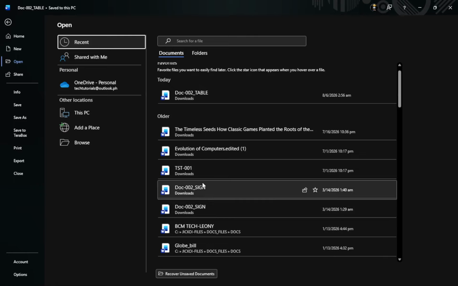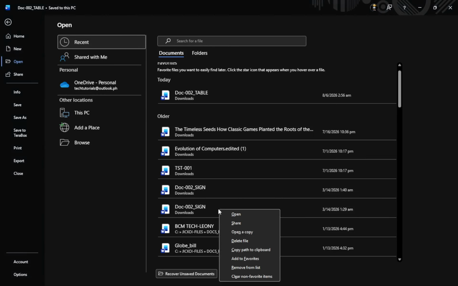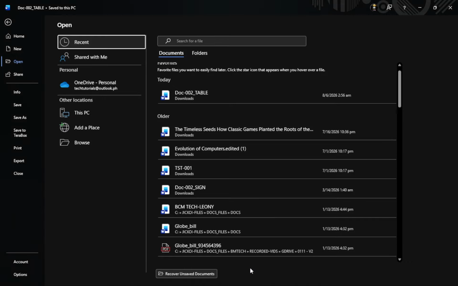When you right-click, a small context menu appears right next to your pointer, showing several actions you can take on that one recent item. If you are using a touchscreen, you can press and hold on the document name to get the same menu. From that menu, select Remove from List. As soon as you choose Remove from List, the selected document disappears from the recent list. A quick tip here, this only affects what Word shows you on this screen.